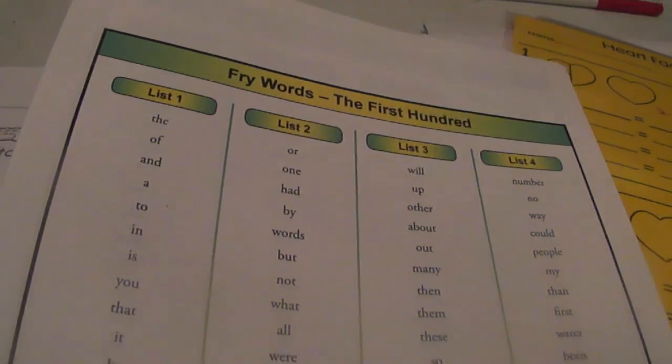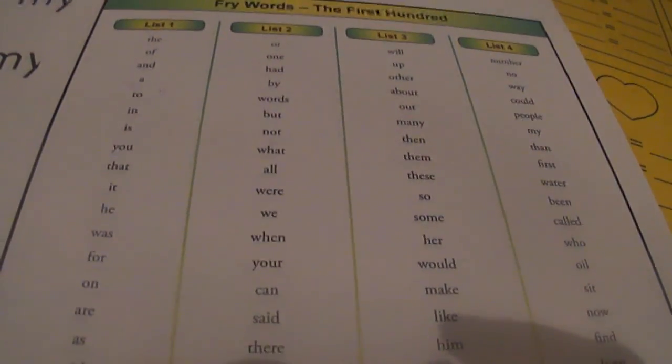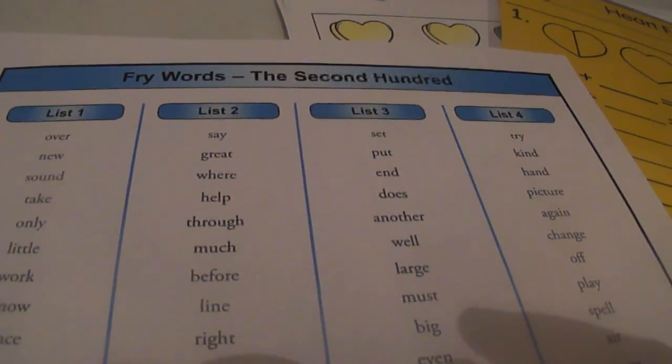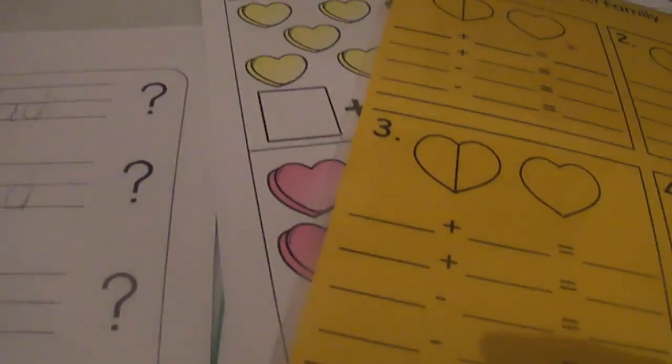I know I jumped subject, but here's a Fry word list. So there are 10 lists, there are 1,000 words, and this makes up 50% of the words that we speak every day versus sight words. And I know everybody's on the sight words and the Dolch words, and I teach it a little bit, but not really. I don't stress it. But I think I have a couple right here. The rest of them are in my binder. So, Fry word list. Anywho,